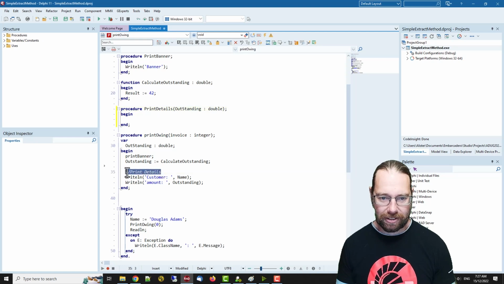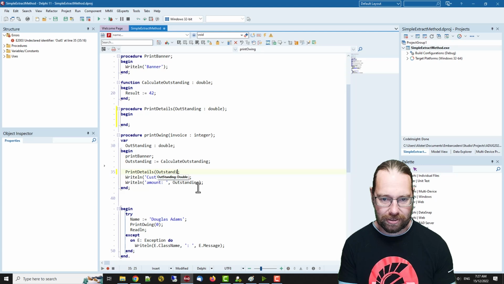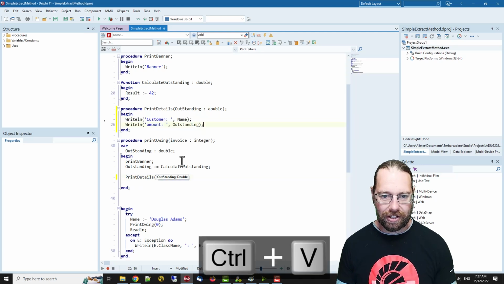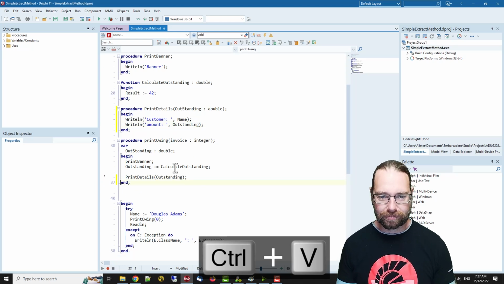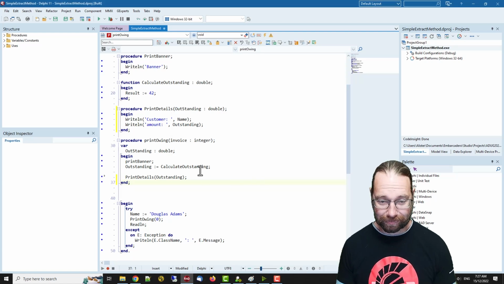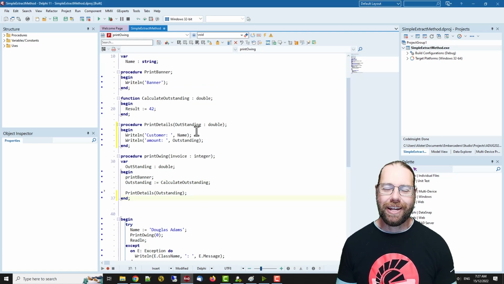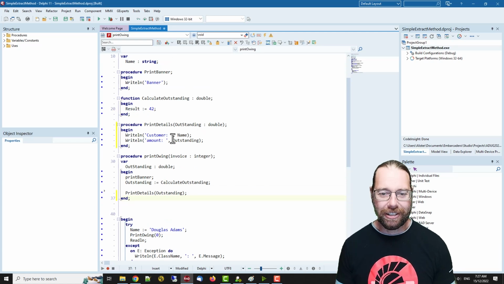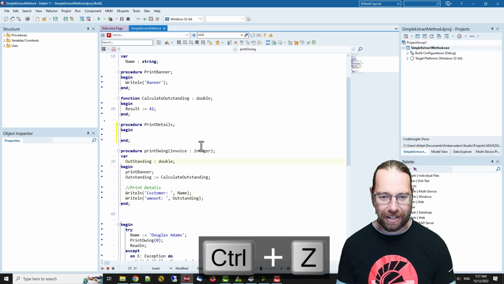Then, instead of having this comment, we can call our new method with its parameter, and then I can shift those two lines of code, and everything quite happily compiles. Now that was not too onerous, fairly quick to do, but for a much larger block of code that's in amongst lots of indentation and confusion, this process might be a lot more difficult. So I'm just going to hold down undo,